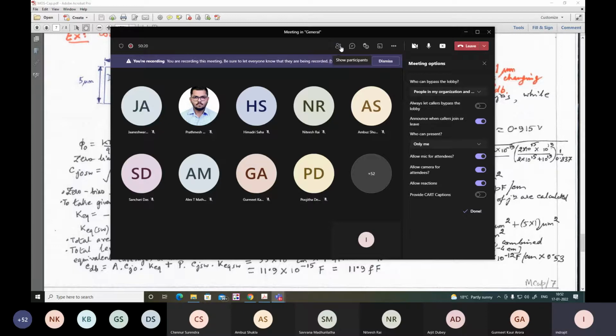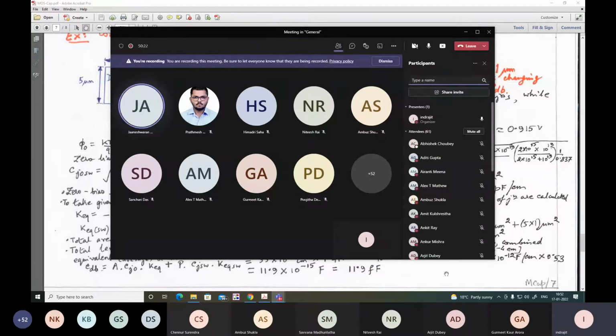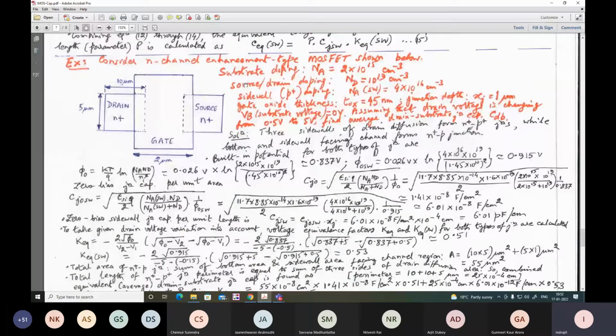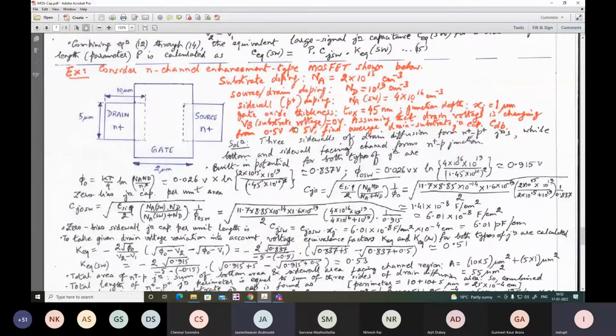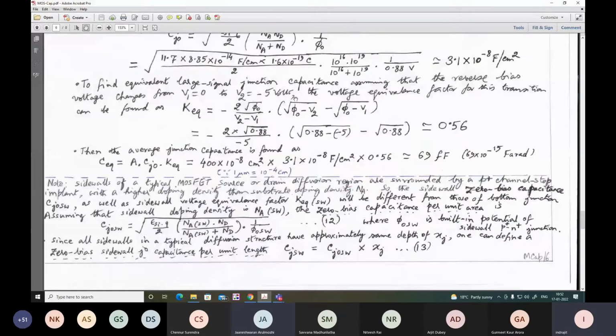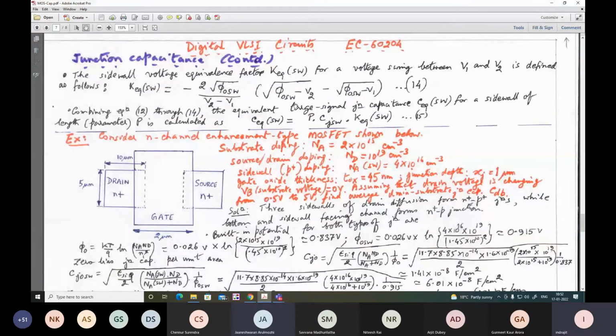Yes, Janshano. Yes, so in the thing we are multiplying perimeter, right? But that would be just three sides, right? One would be just the channel side with N plus P, right? Yeah, the channel is likely P-type substrate. Sorry, Janshano, once again your question. Sir, for the junction side, we're multiplying it with perimeter, right? So that is taking into account the four corner sides, right?